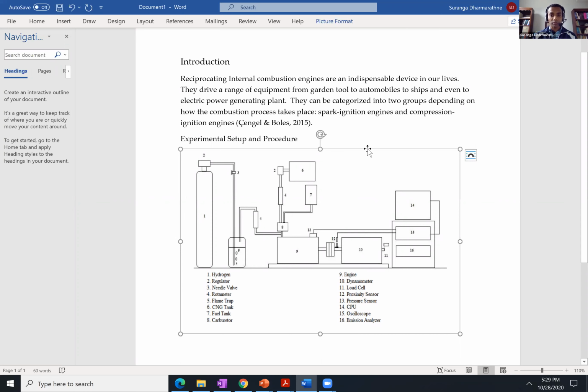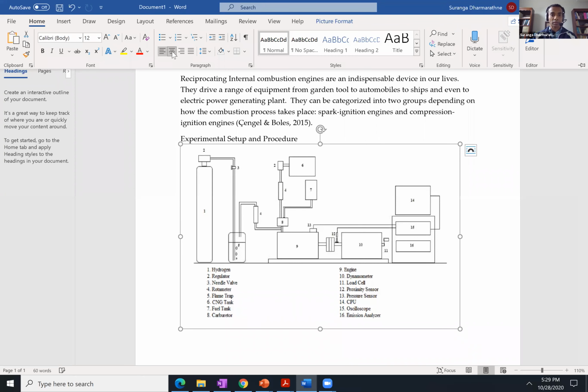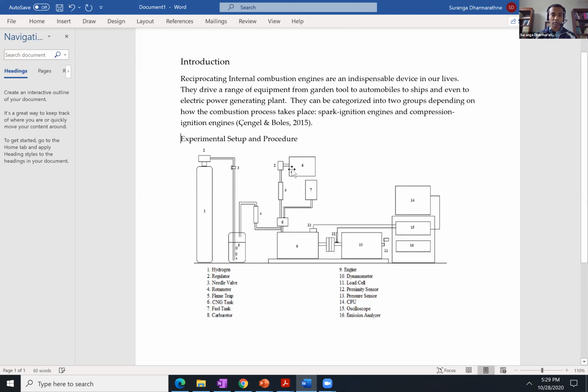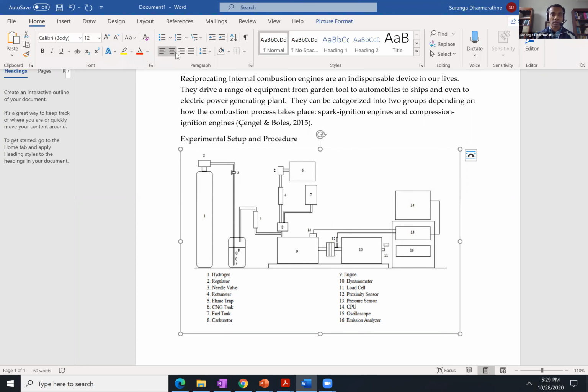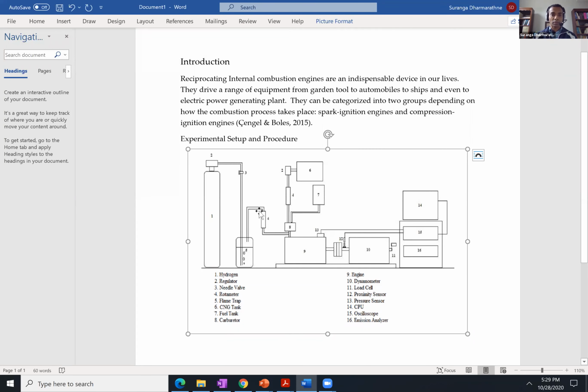So make sure that this is centered. And if you go to the Home window, you can put it centered. Oh, not that line, not that line. Okay. Here you can put it as centered. Yes. And then you want to put a reference